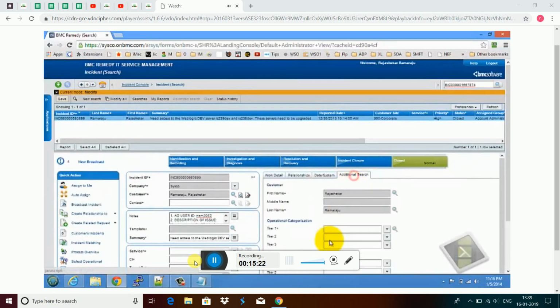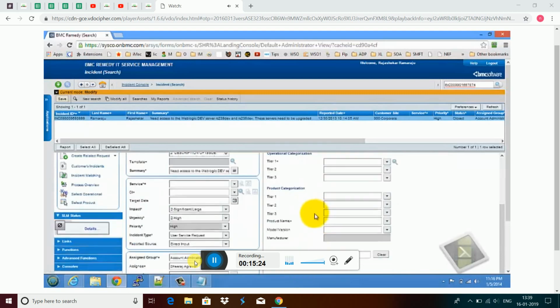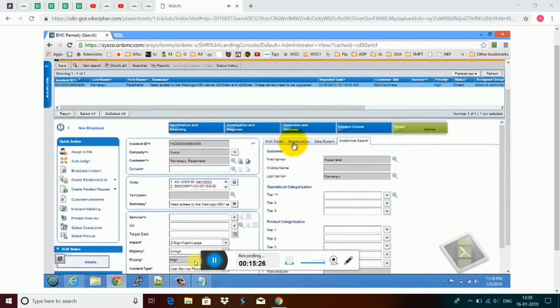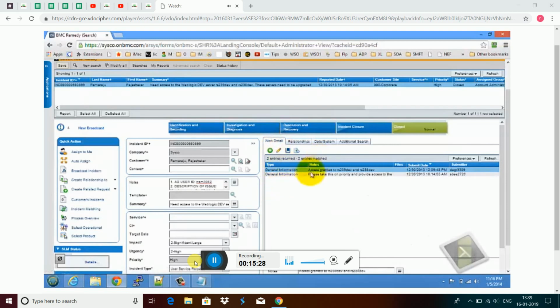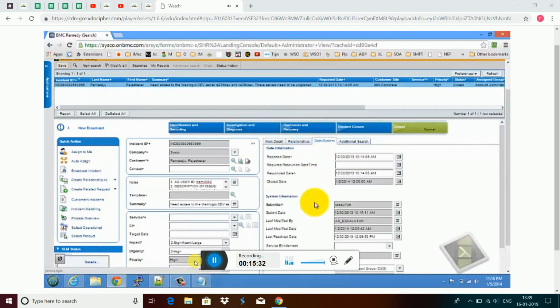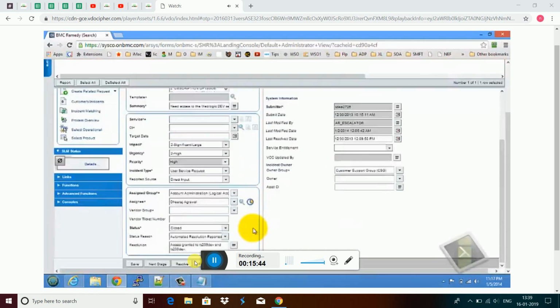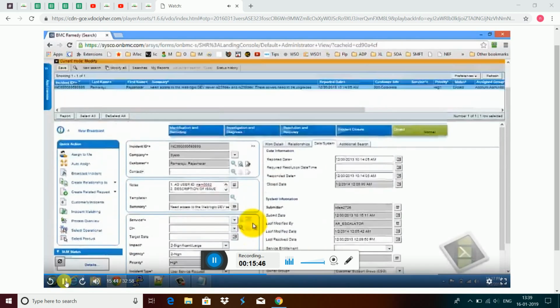Additional details: not everything is necessary, but the important one is where you have notes. Work detail is where the date and system will tell you when the ticket was generated. Now if you see the status, this ticket is in the closed state. So this is an overview of one ticket. We'll try to see